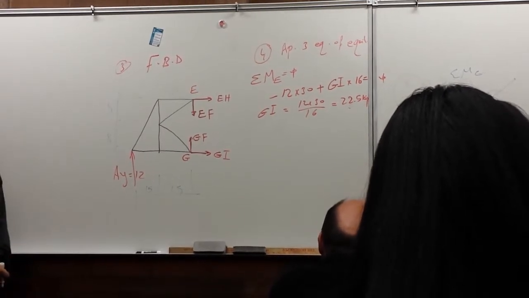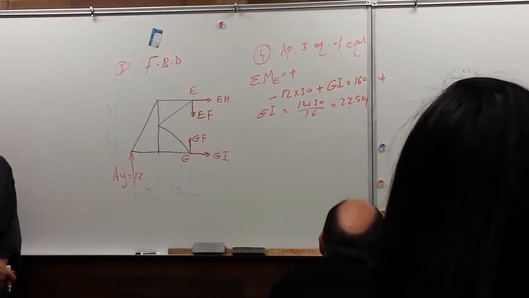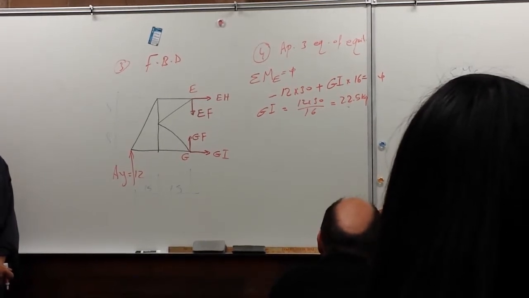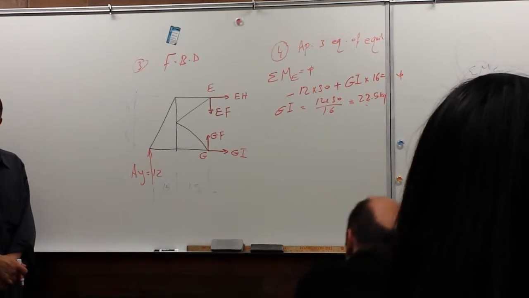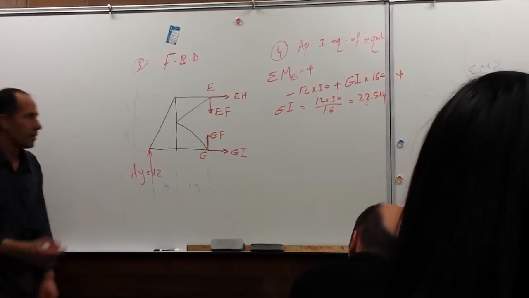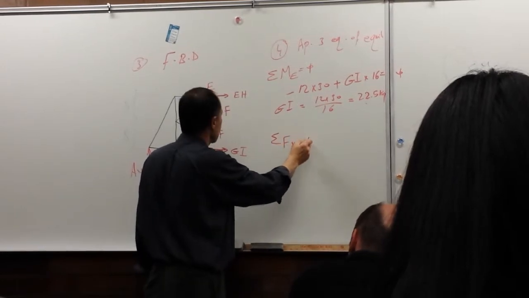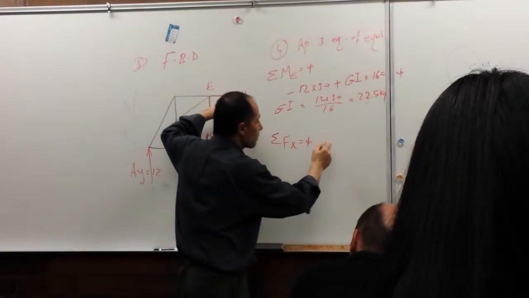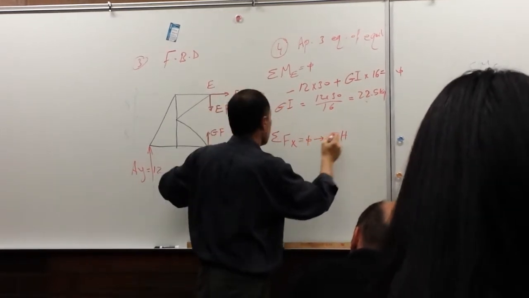What do you think about EH? Can anybody give me a quick number for EH, without doing anything? 22.5. Yeah. And opposite direction, because sum of forces on X equals 0. I have EH is positive. EH is positive. Agree? GI